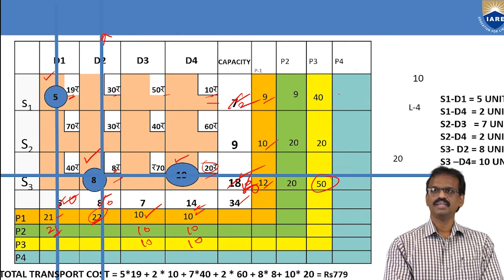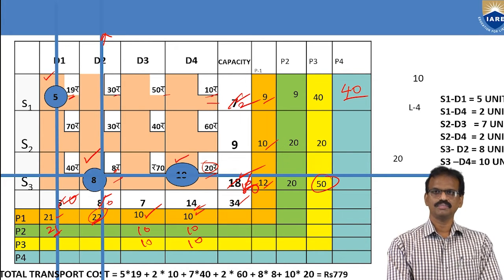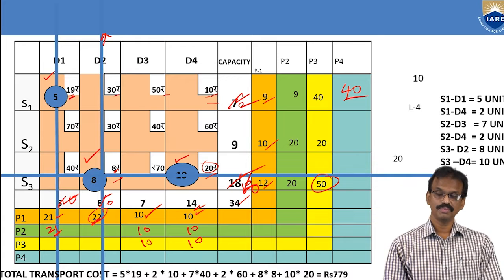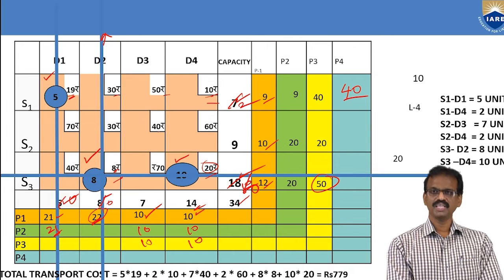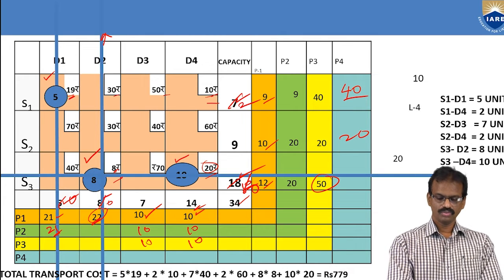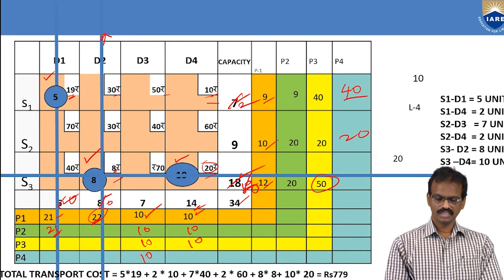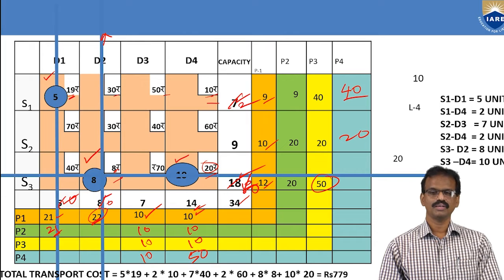So here I am writing, next penalty is equal to the same value. Because the row is cancelled, it means remaining row values will be the same. Okay. Next 60 minus 40, that is 20. So for column values, you just have to check it. So 50 minus 40, that is 10, and here also 60 minus 10, so this is the 50. Okay. So then you have to identify the highest penalty value.